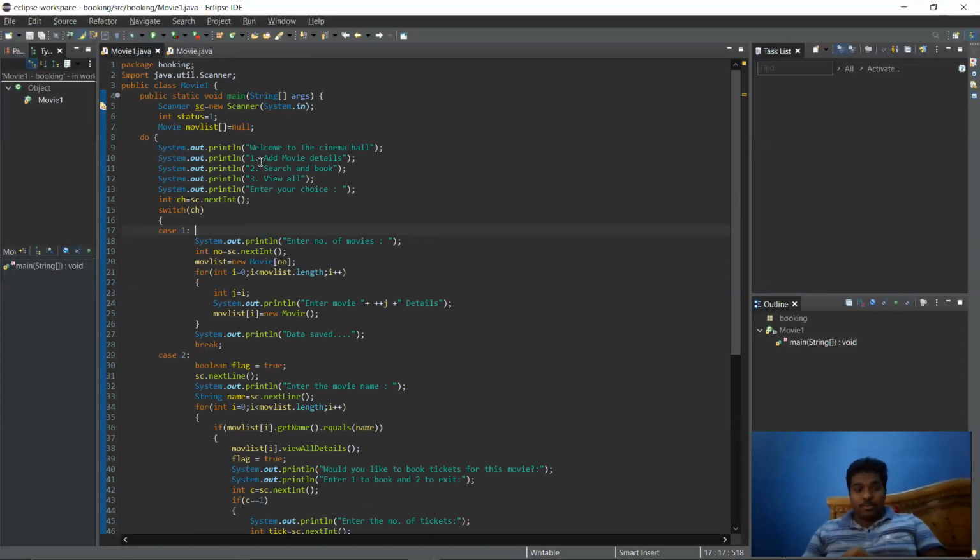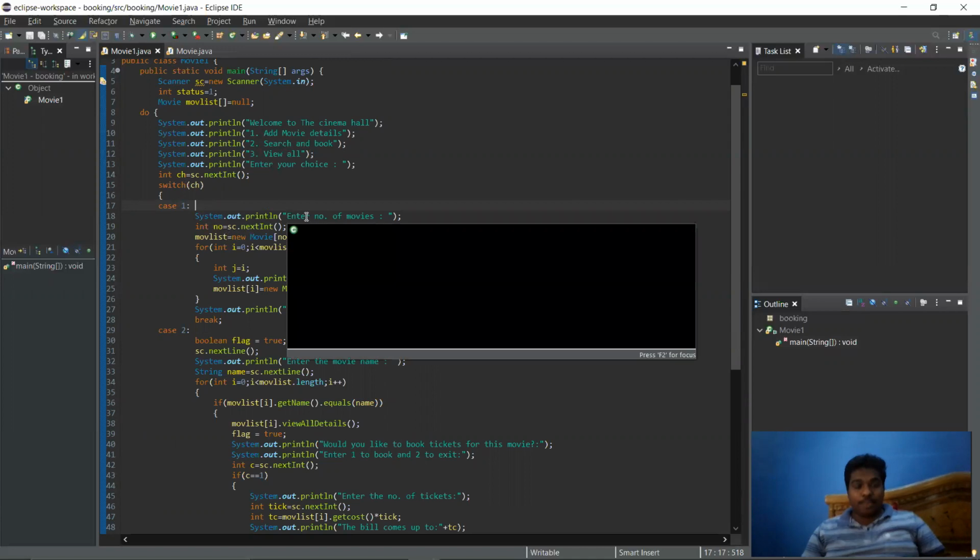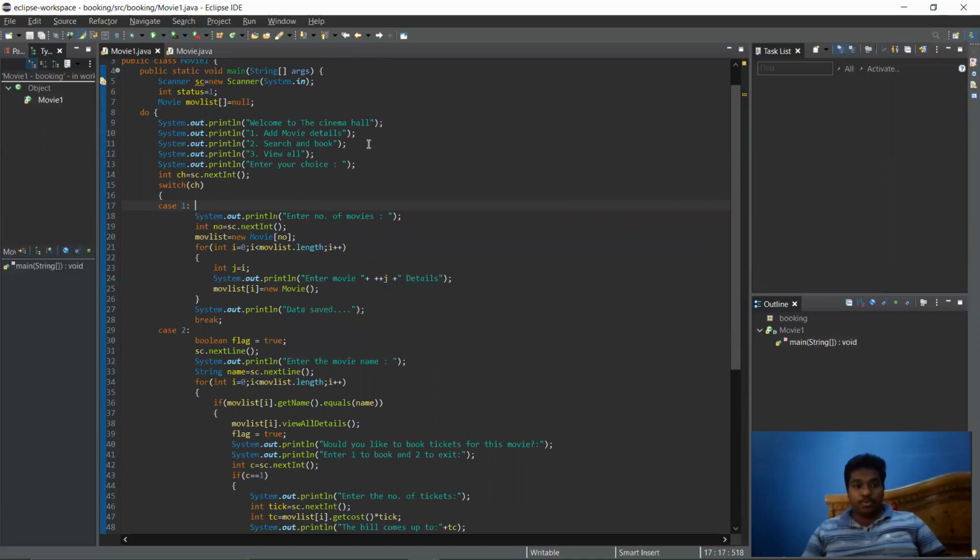One is for add movie details, second case is for search and book, third case is for view all details. So I have used a switch statement: if you enter one, it will go to case one, that is, enter the number of movies you want to enter.